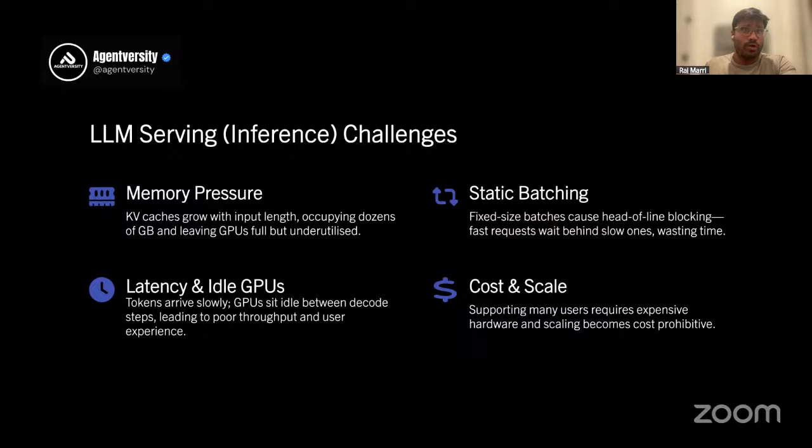So what could be an issue? What are the challenges, right? Because now you're not serving one customer. You might have thousands of customers asking different questions. Some might just ask, tell me a joke, or some might ask, summarize this huge PDF. So every request is dynamic, right? For each request to your LLM, you need to predict how big your prompt is, whether it's a bigger prompt or a smaller prompt, and that requires a lot of